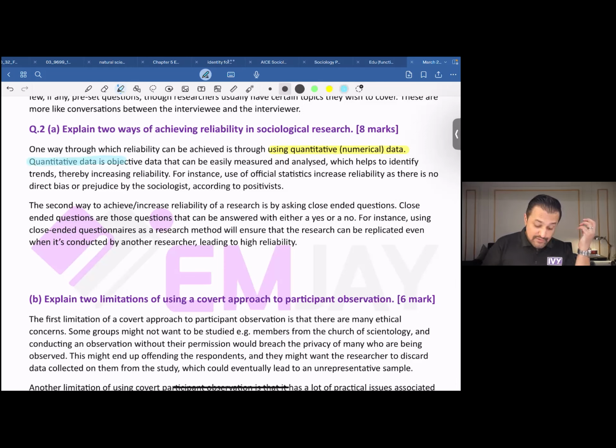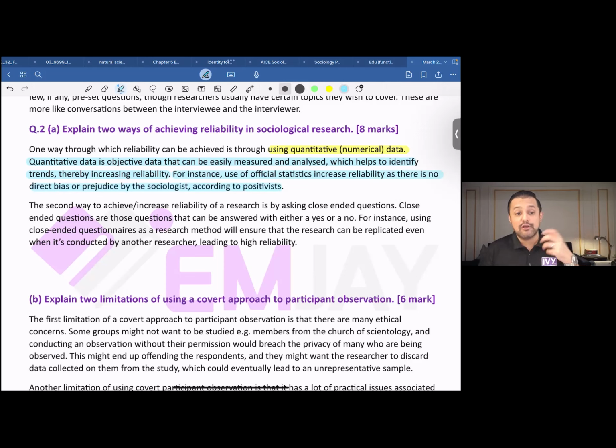Quantitative data is objective data that can be easily measured and analyzed, which helps to identify trends, thereby increasing reliability. So you have described what quantitative data is, and you've linked it back to the question, right? For instance, use of official statistics increases reliability as there is no direct bias or prejudice by the sociologists,